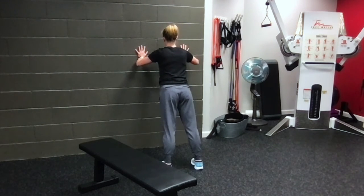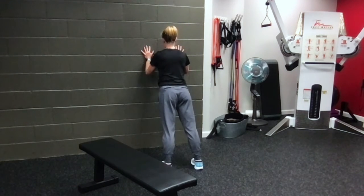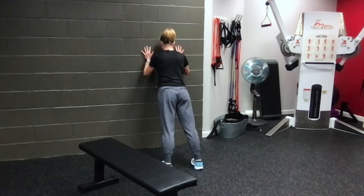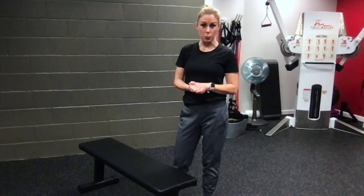You can start with 5 and work your way up. Keep your elbows tight and move your hands in a little bit closer, and you're going to feel those triceps. So, 2 different versions of this wall push-up. Now, if you try this and you're already thinking, this is way too easy, I can do more, we're going